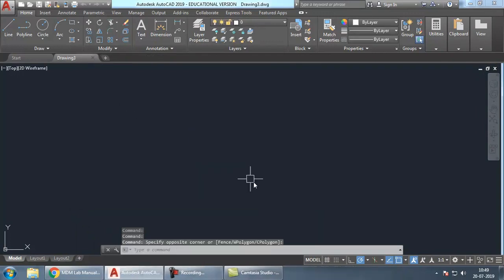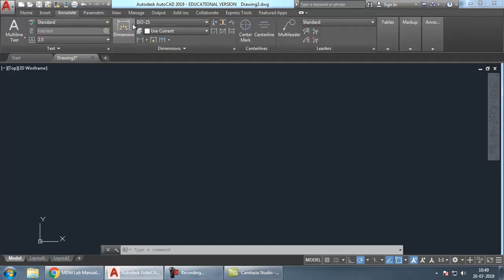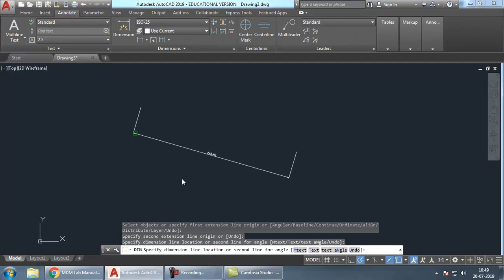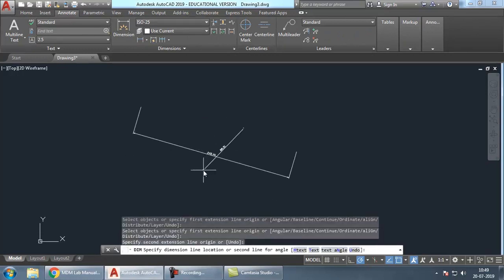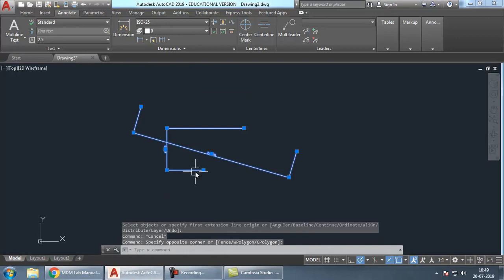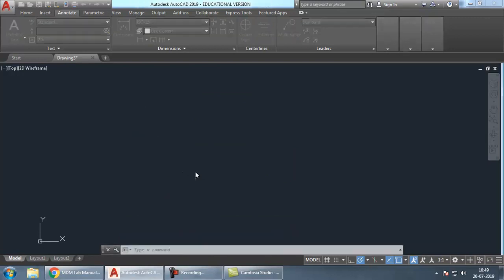So some of the people prefer to use the limits option, but the limits option is obsolete, because when we are using the limits option, the space available here in 3D is infinite. Practically it's infinite. So just by setting the limits, we will not be changing things like the dimension, what is the size of the dimension text and other stuff. But if you are using the startup method and choosing from scratch, all the settings will be automatically decided. So take a metric file and you can start.